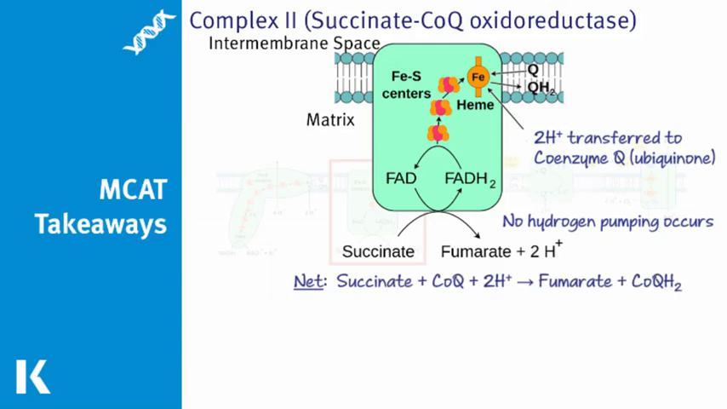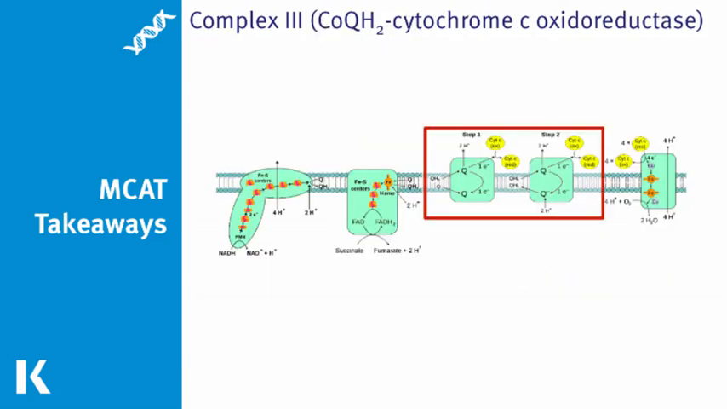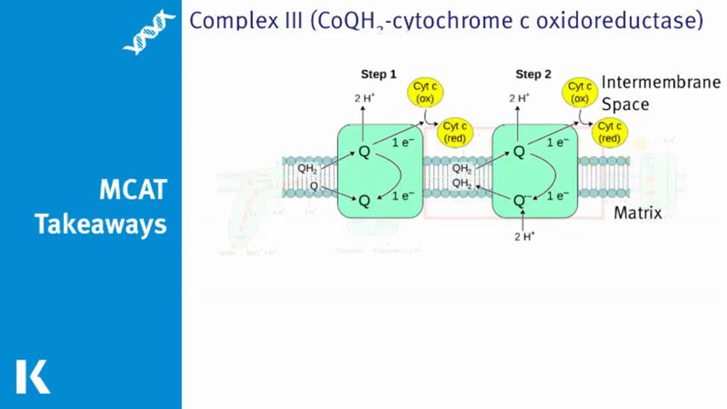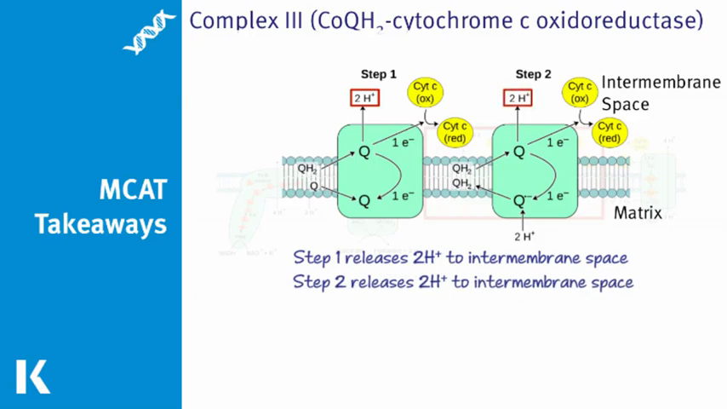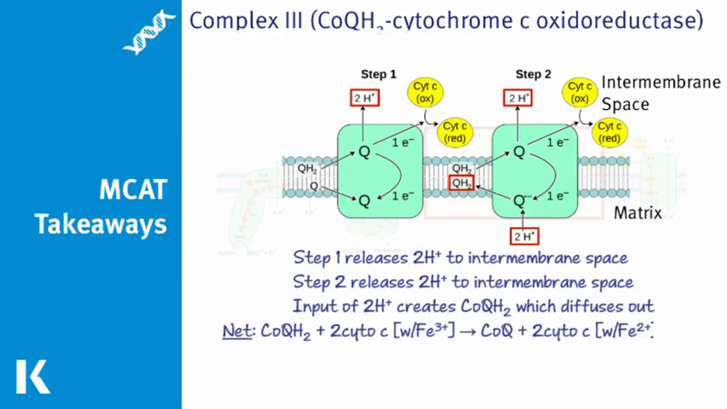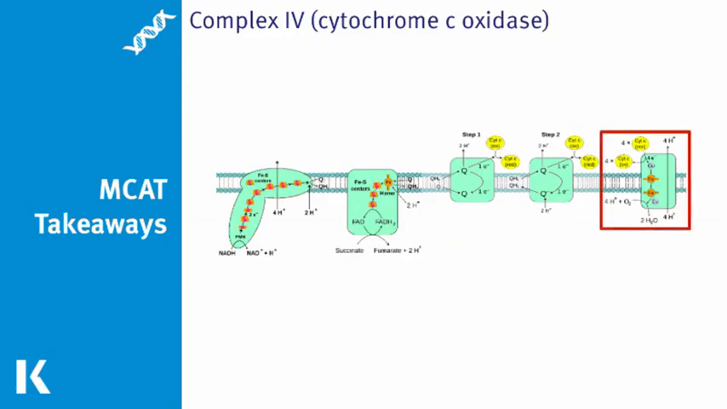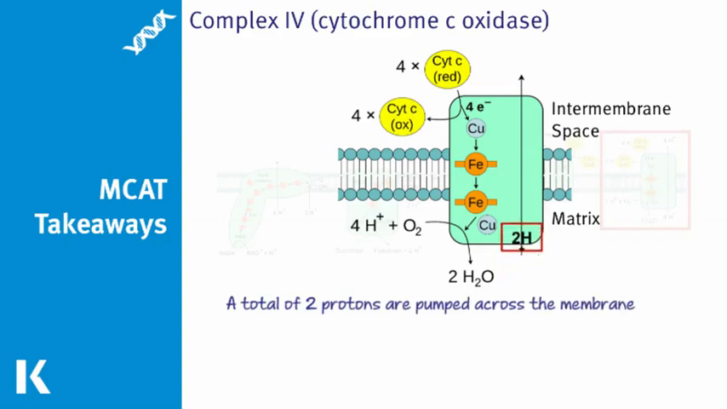intermembrane space. Complex 3 needed 2 steps, because cytochrome C can only carry 1 electron at a time. And while each step resulted in the expulsion of 2 protons from the matrix, the fact that 2 more protons are used to regenerate ubiquinol explains why the net reaction shows only 2 protons as products. Complex 4, which expelled a mere 2 protons from the matrix, required 4 molecules of cytochrome oxidase to be oxidized